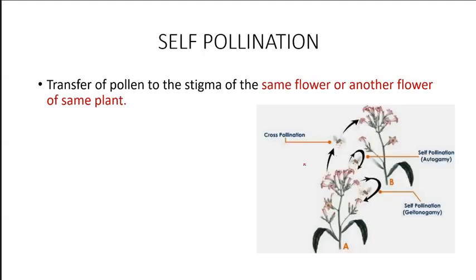If the pollen from the anthers falls on the same flower or a different flower, autogamy is what? If they come out from here and fall on the stigma of the same flower, the flower is the same, look here. But here they come out from this flower but fall on the stigma of another flower. Can you see here? When the flower is different, I'm talking about this plant right now, then it is geitonogamy. When the flower is the same, it is autogamy. But here we are talking about the same plant.